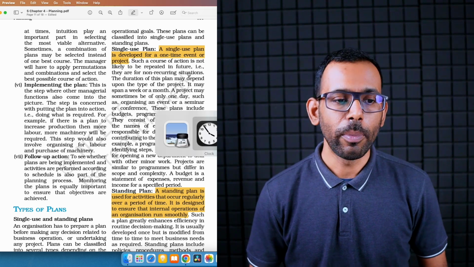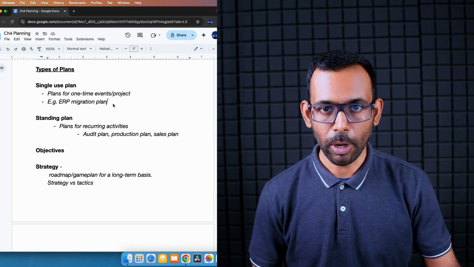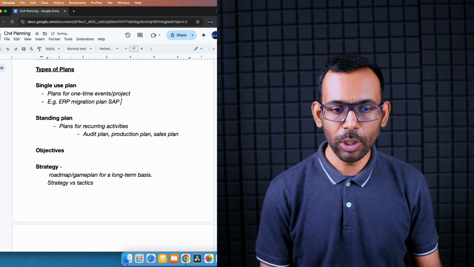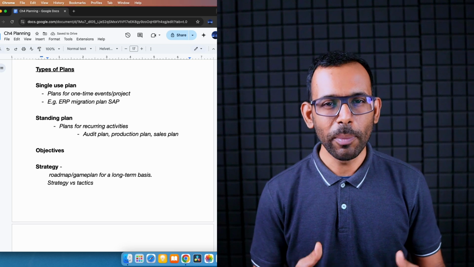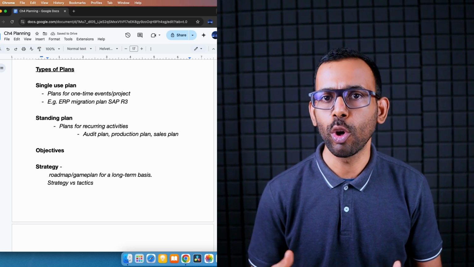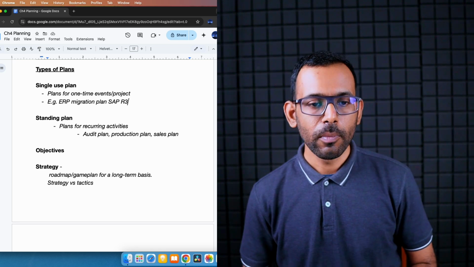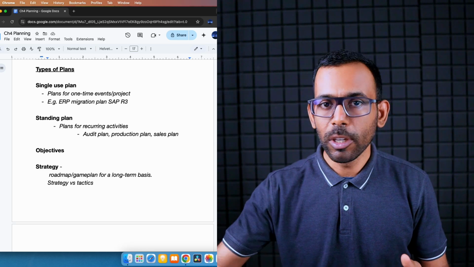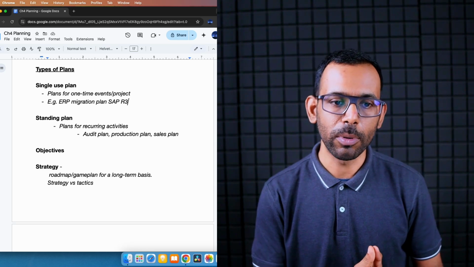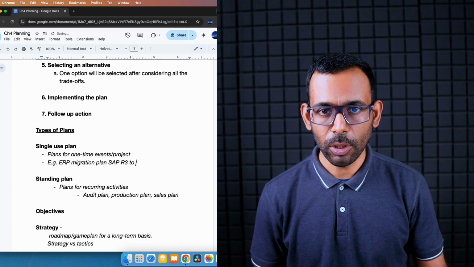When I was working in corporate, we had an ERP migration project. The company where I was working was using a version of SAP called R3. So imagine SAP is a software similar to Tally. It is an accounting software, but much more comprehensive and robust than Tally. Under SAP, there are many versions, one of which you can select and use for your accounting purposes. The company where I was working was using the R3 version of SAP.